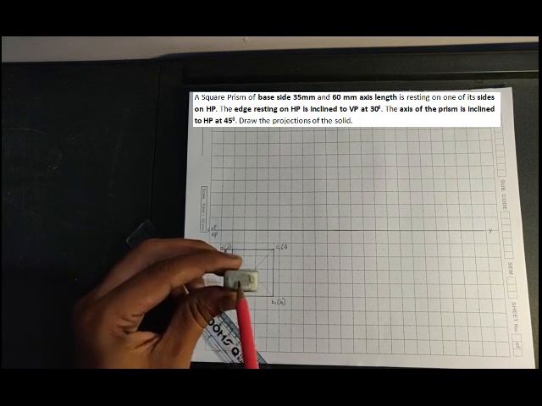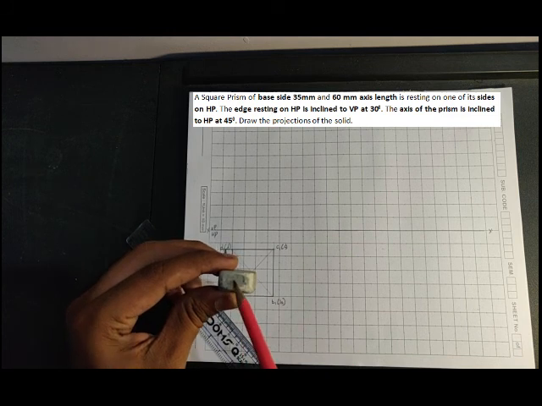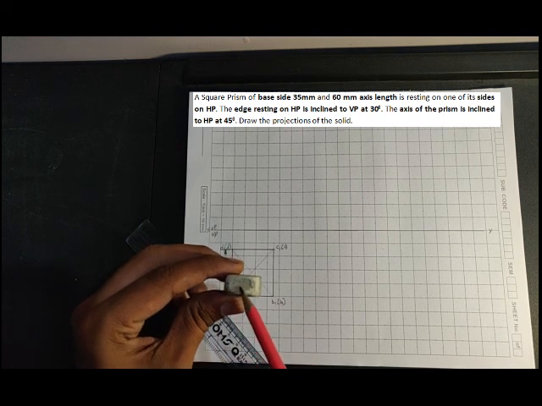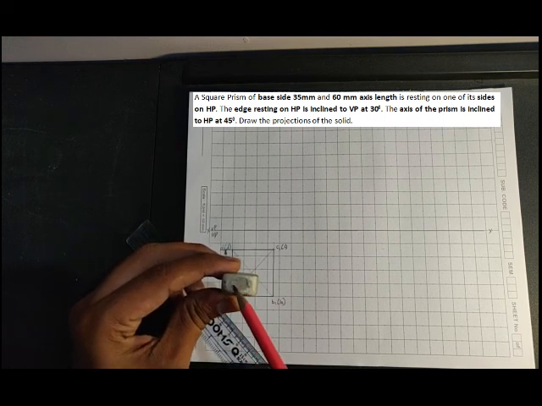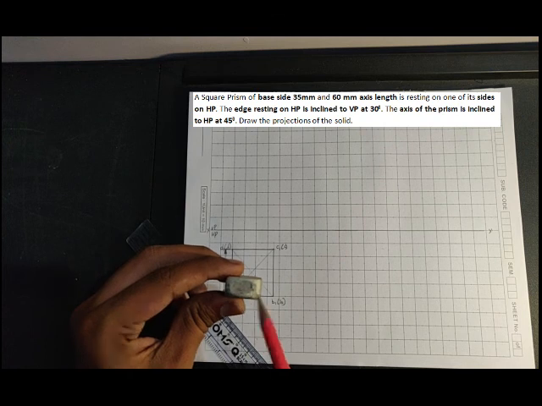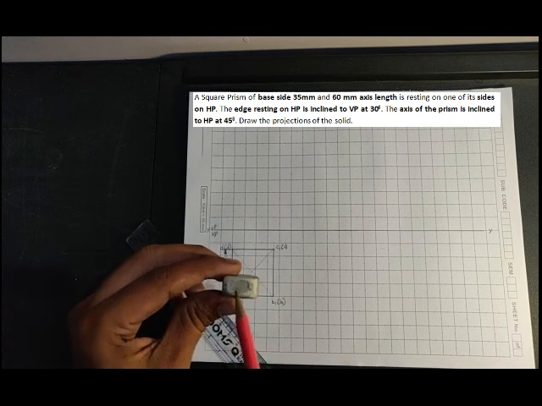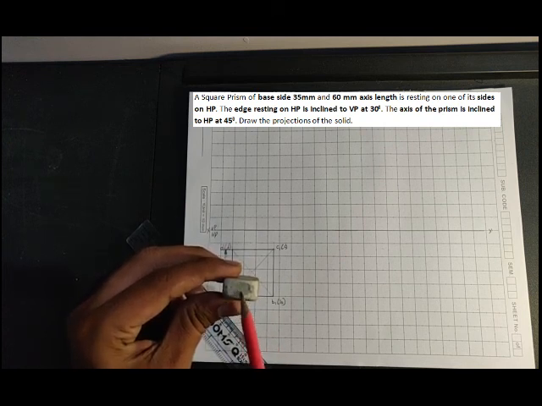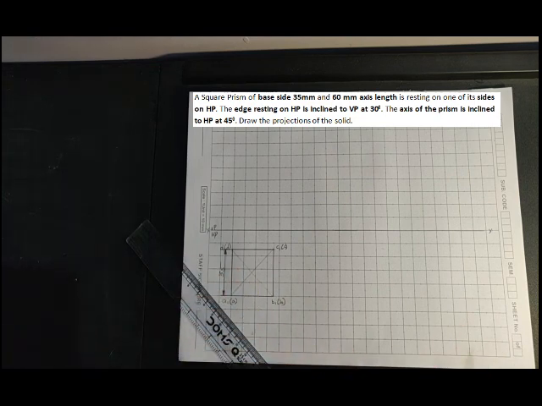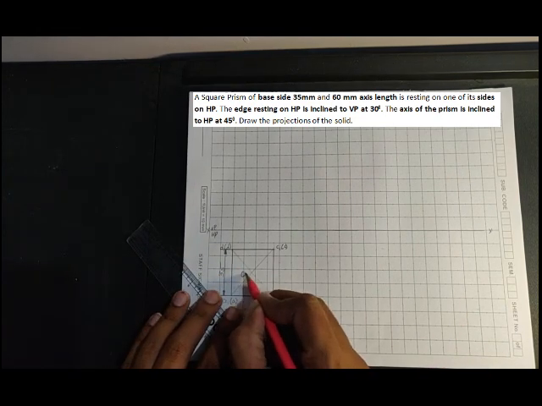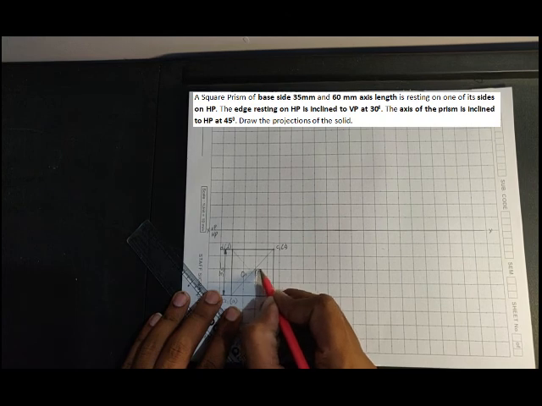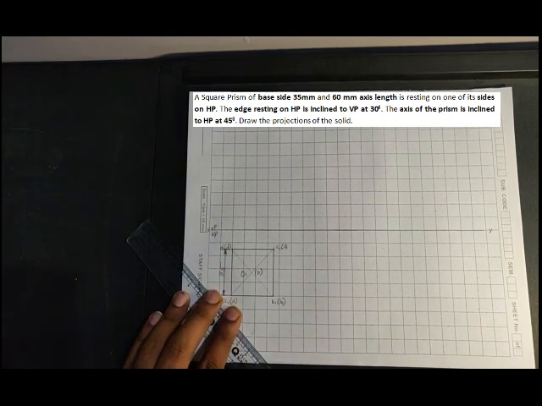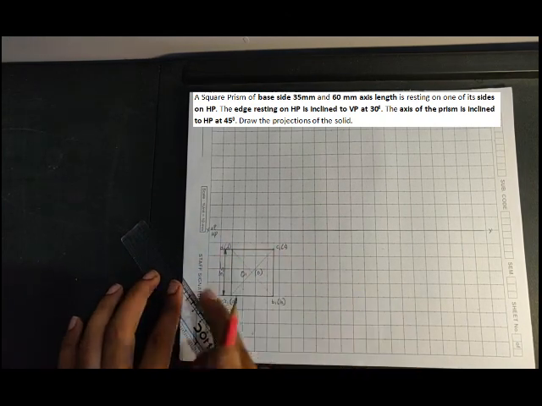So what I'll do is I'll name this end and this end as O1, O, right? Top surface A1, B1, C1, D1 and O1 here. So again I can see O1, which is imaginary again, but still if I draw the axis line here, I can see O1 but not O. So what I do is I'll name this as O1 in bracket. I can name this as O on one side you can write it. Okay, so now I'm done with the top view.